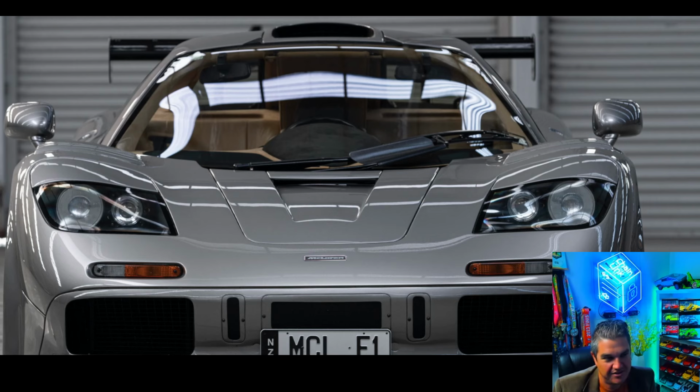Speaking of good for the bee, a McLaren F1 for you and me. Silver, one windshield wiper, that's all you get. Driver's seat right in the middle. If you didn't know that, that's the steering wheel right in the center. You just get one. It's not a passenger car. We're not day tripping to Disney in this, right? You get there pretty quick, but